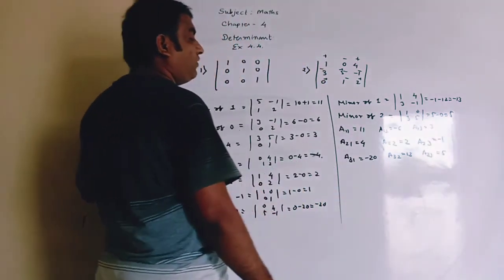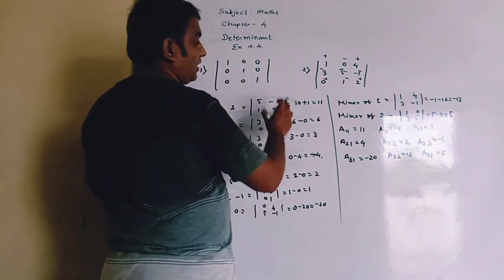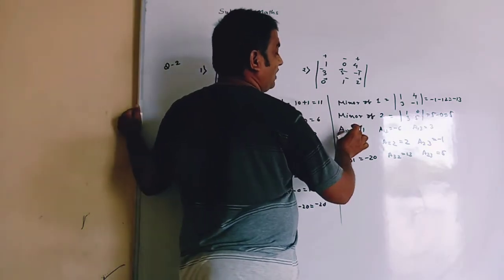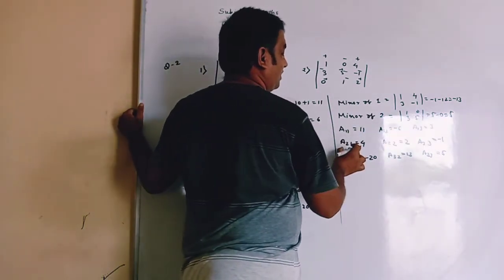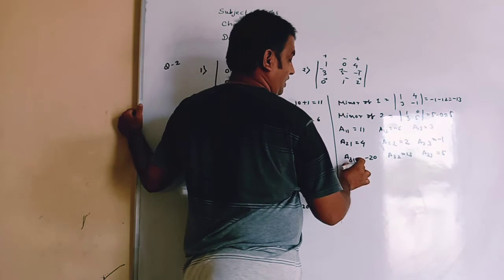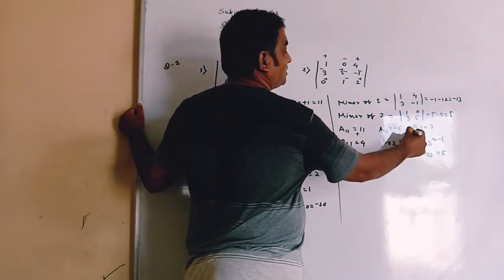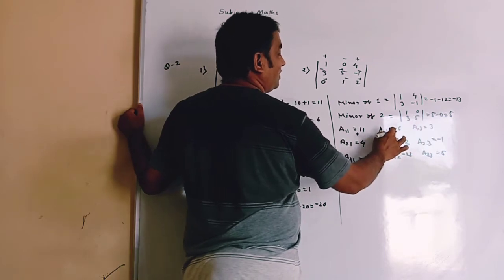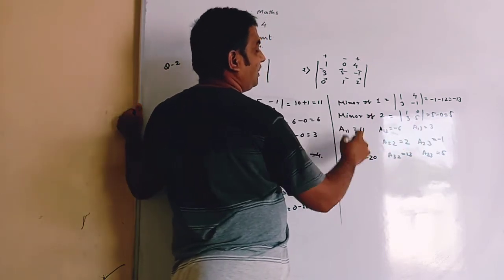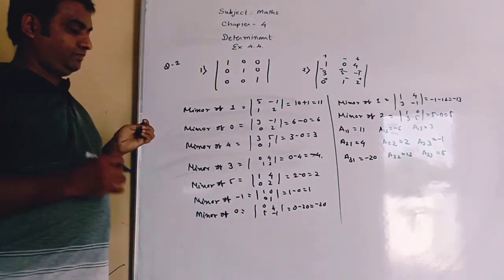So whenever we want to write cofactor, first we will write out all the minors and we will list out a11, a12, a13, a21, a22, a23, a31, a32, a33. Then we take the signs plus minus plus, like that way with the sign we will multiply, then we will get the cofactor.